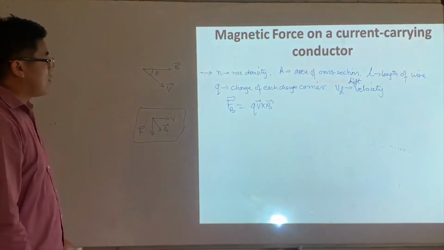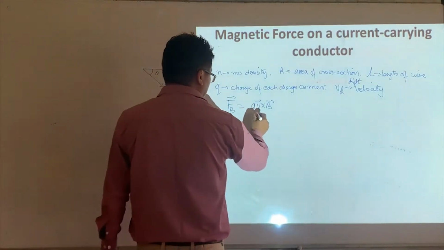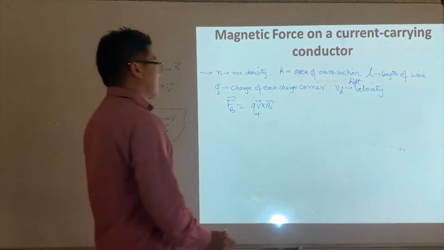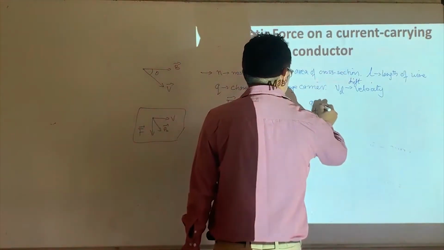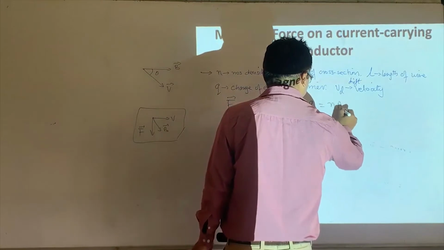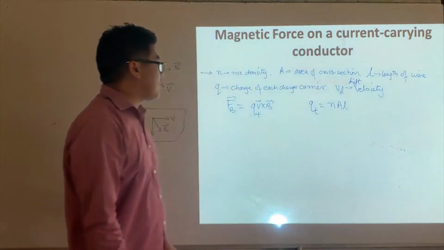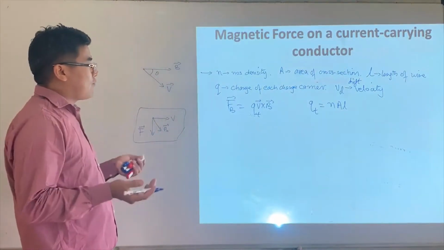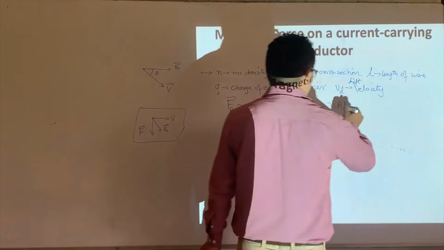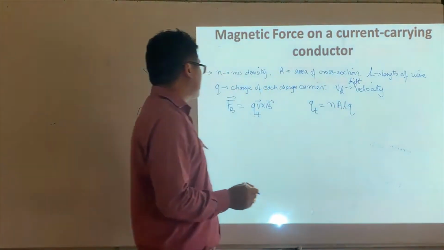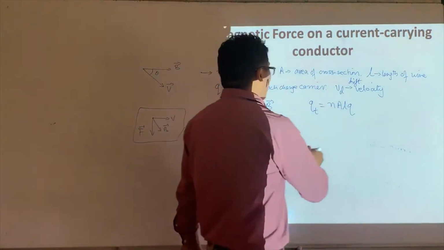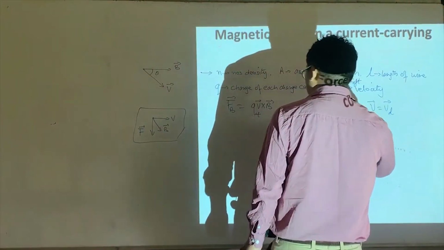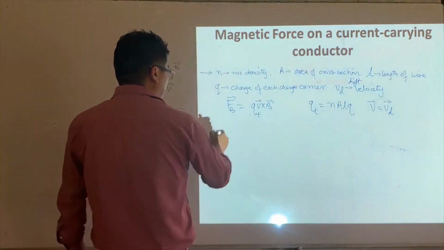All right, Q is total charge. So total charge is going to be number density times volume. Number density times volume is the total number of charge carriers, and q is the charge of each charge carrier, and v_d I am going to refer to as the drift velocity. So therefore, my expression